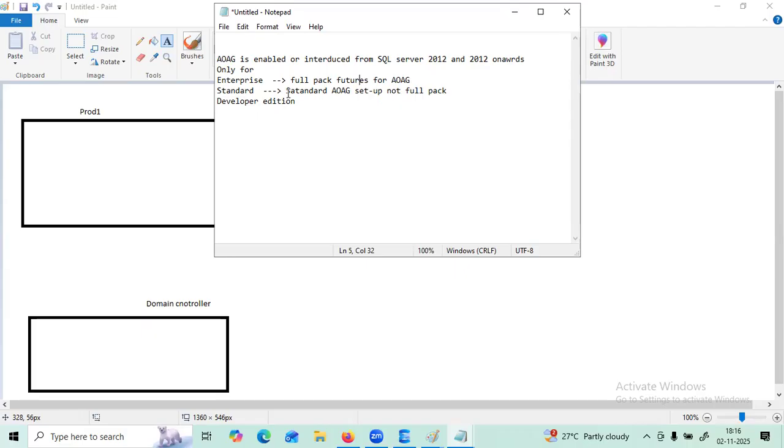So the thing is AOAG was introduced from SQL Server 2012 onwards. It's only for the enterprise, standard and developer edition. Developer is also kind of a full pack. As we mentioned, developer edition should not be used in production operations. We can use it only for development and internal purposes. Now the Always On